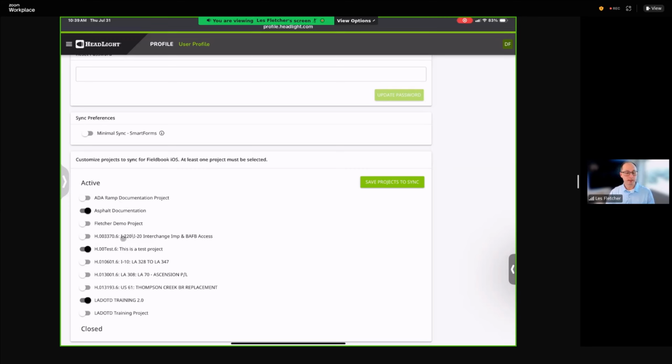This is all of the projects that my demo account has access to. And these sliders are what actually shows up on the iPad. And so what's good here is you can come in, and if you're working on these 6 projects, you can select those. And then when you hit save projects to sync here, those 6 projects will show up in that